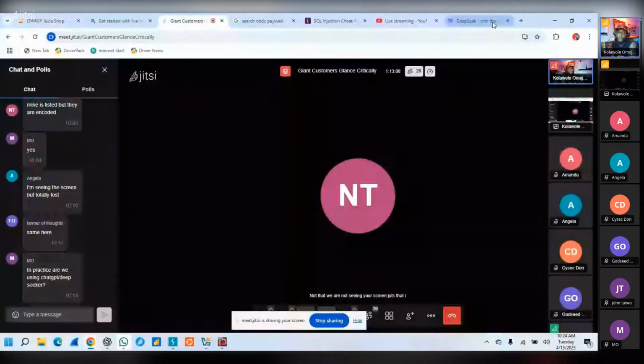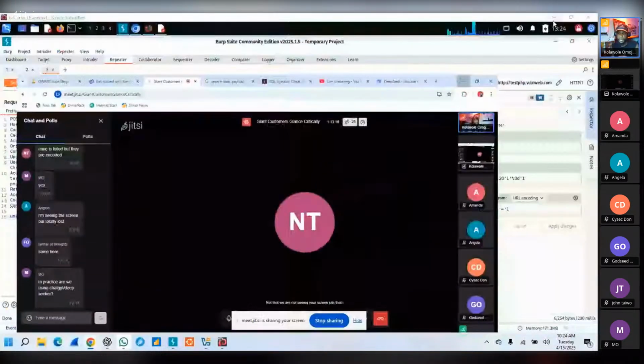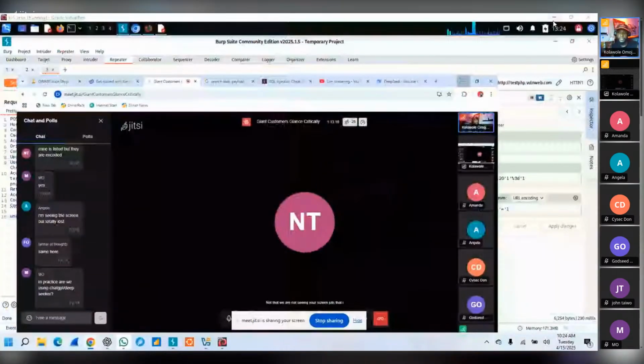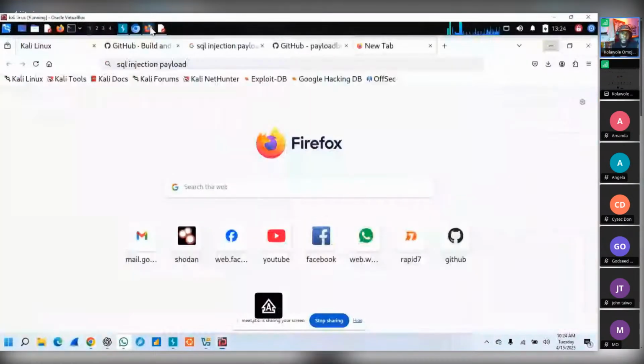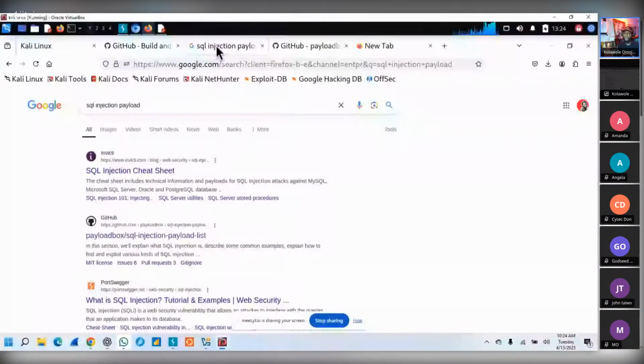Now, one of the best ways, apart from this way, to get the password or to get an SQL injection, you can come to Google. Because you are a beginner, and because you just began this process, I just want you to get familiar